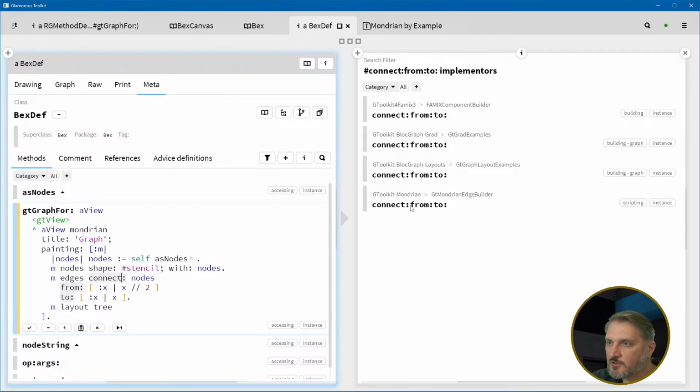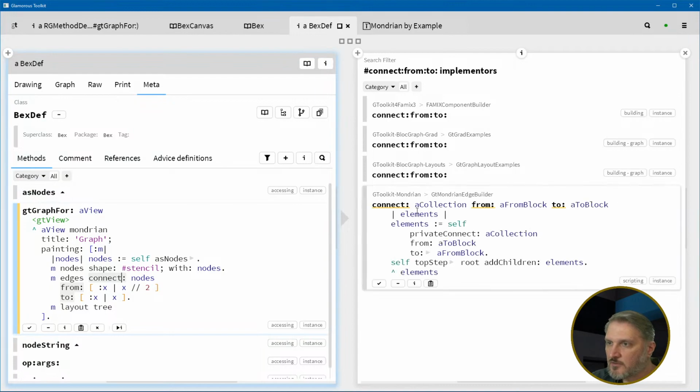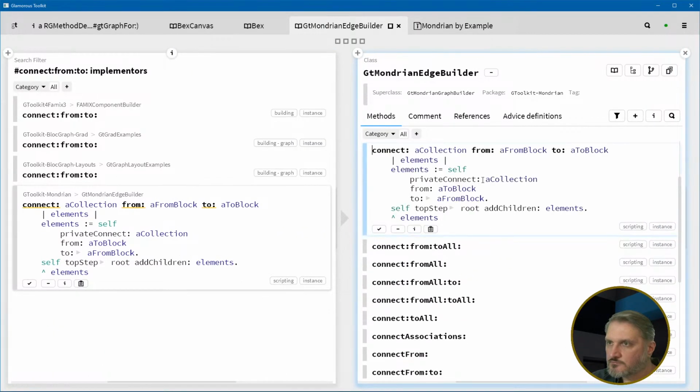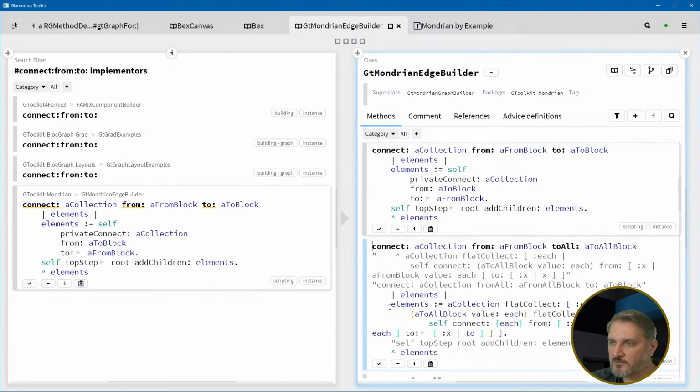Mondrian Edge Builder. From a block to a block. From to all. That's what I'm looking for. That's what I was looking for. So connect from to all. And then okay. So